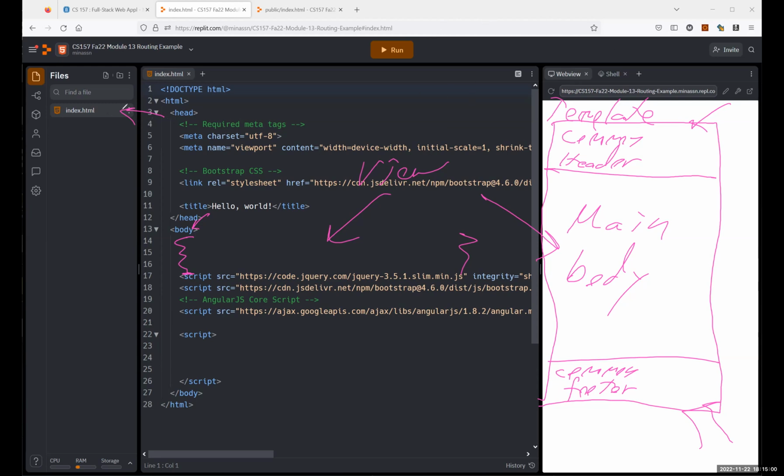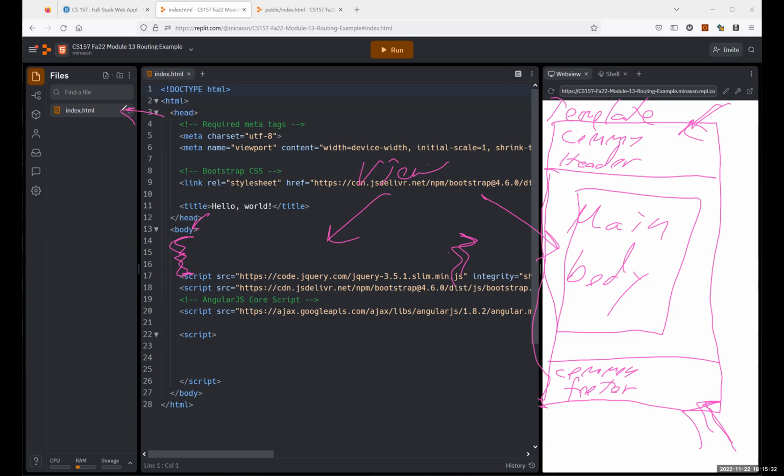So far we have created one index, and our view, we've just had a single view, right? That was the main body of our page, right? We said that was the view. However, if we want to create the different views using this here, where we have a common header, a common footer, and a main area where the content changes, what we have to do now is